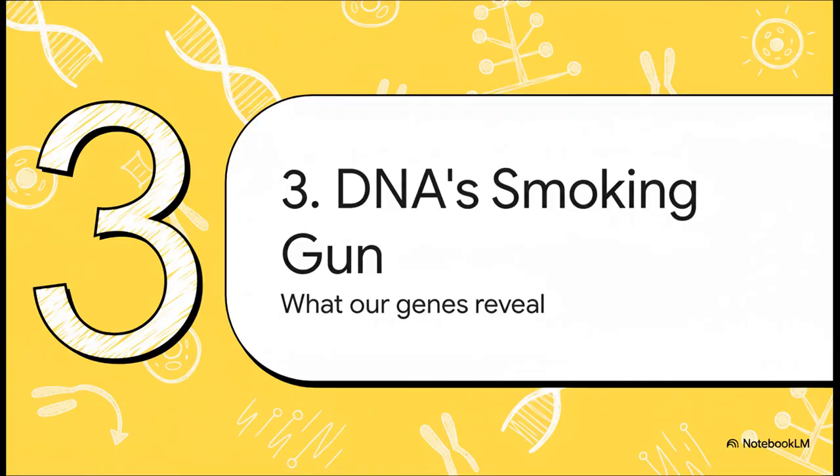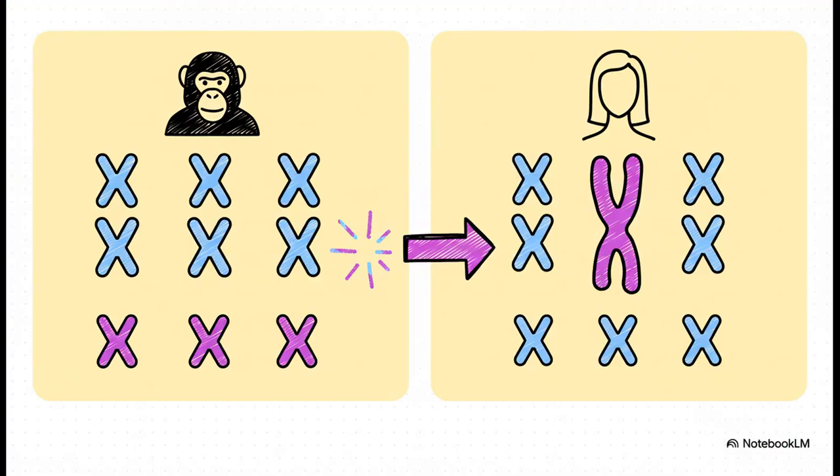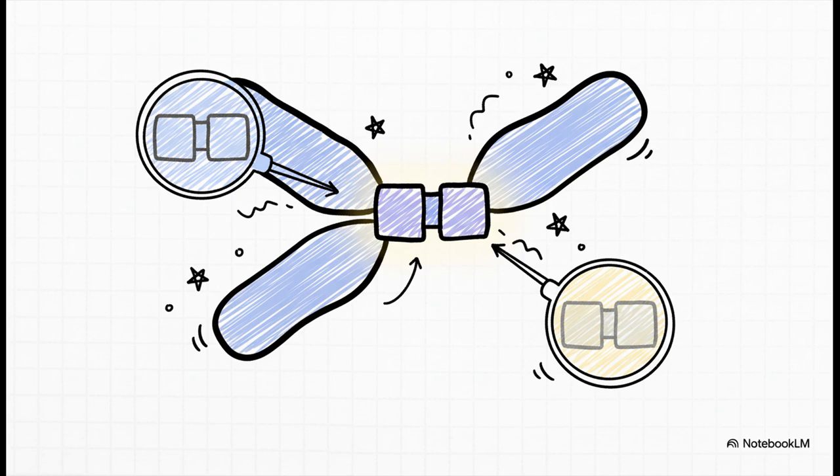Now, as incredible as fossils are, the most decisive, the most rock-solid evidence for evolution, well, it isn't buried in stone. It's written in the genetic code of every living thing, including you and me right now. Okay, get this. Our closest living relatives, chimps, gorillas, orangutans, they all have 24 pairs of chromosomes. But humans, we only have 23. So what gives? If we all share a common ancestor, there's got to be an explanation. The theory makes a really specific prediction. At some point in our past, two of our ancestors' chromosomes must have fused together. And here it is, the smoking gun.